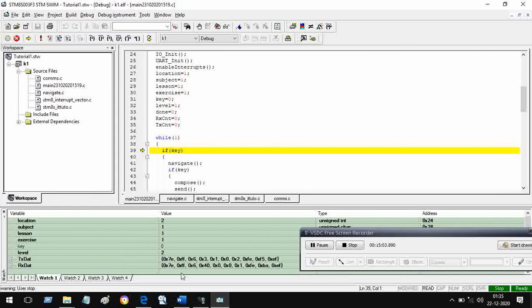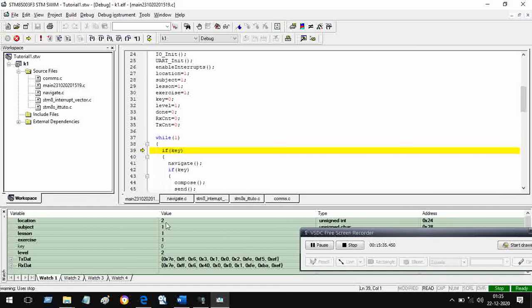This is the txdat which we had generated. 7e is fixed, ff is fixed, 06 is fixed. This was variable, this is the command, and we wanted a feedback from the MP3 module, so it has come. Then these are the 2 bytes of address. Address is here 0002. You can see it here, the address is 2. So it has been split into upper byte and lower byte. Then this is the checksum, and then the last byte.